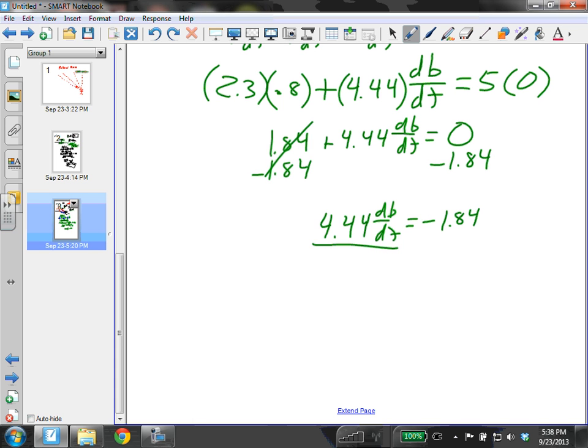And now you can see that if we divide by 4.44 on both sides, in order to get dB/dt alone, we're going to get a negative number because negative divided by positive is going to be negative. So negative 1.84 divided by 4.44 gives us negative